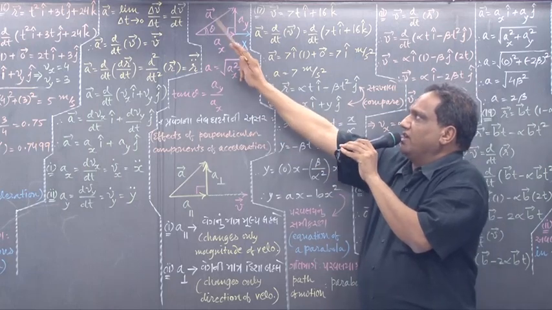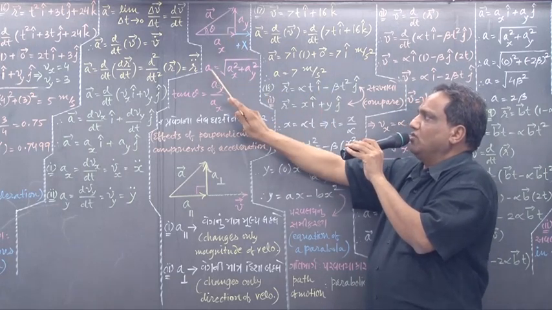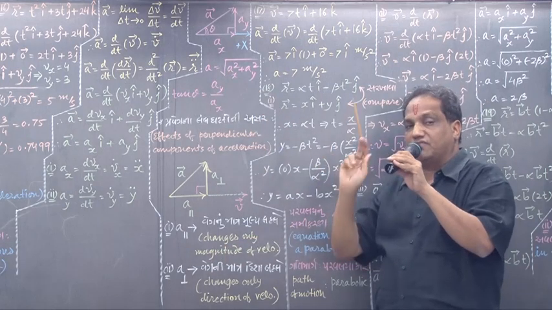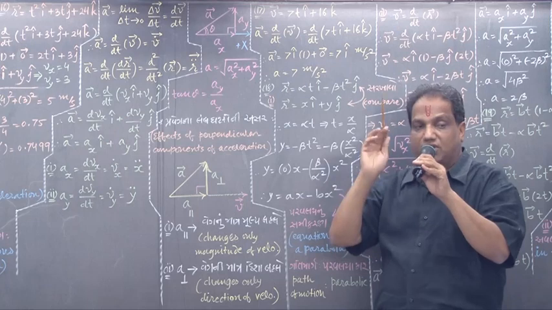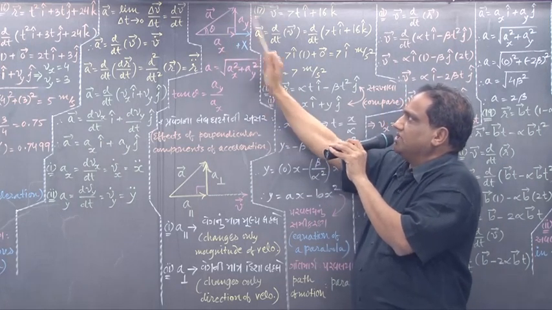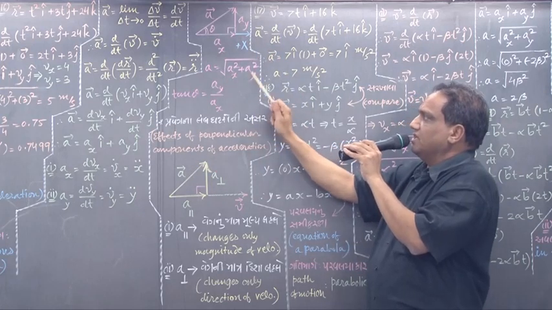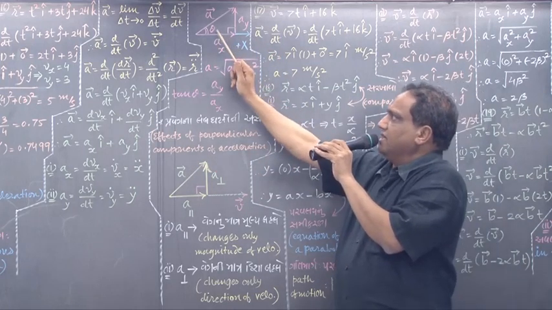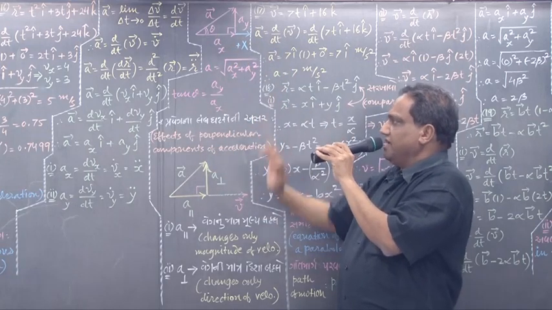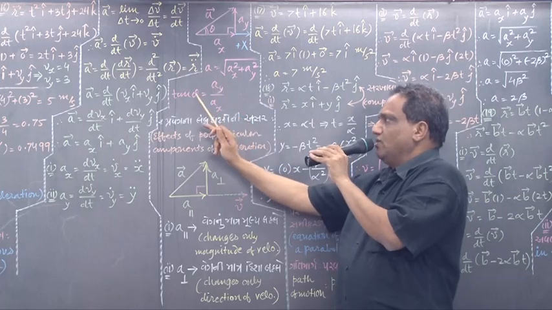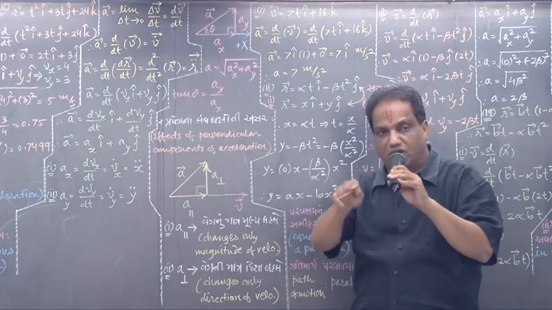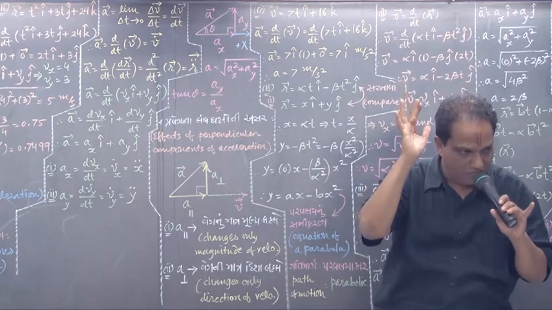Find the magnitude of vector A according to Pythagoras theorem. The magnitude of the hypotenuse is the square root of the summation of squares of the remaining two mutually perpendicular sides. So from this triangle, A equals under root of ax square plus ay square, that is, under root of x square plus y square. Find tan theta: opposite to theta, that is ay, upon adjacent to theta, that is ax. Once you know these two components, you can find tan theta, and from the known value of tan theta, by referring to the table of natural tangents in the log table, you can find theta.